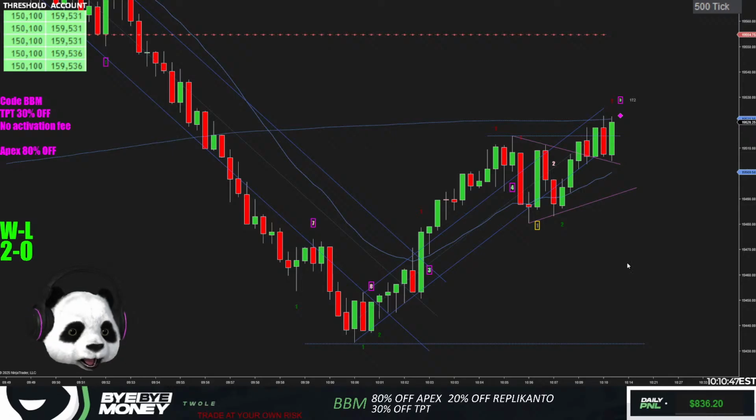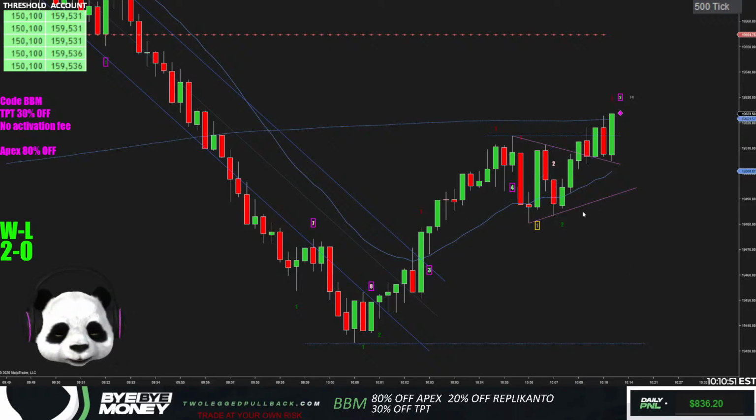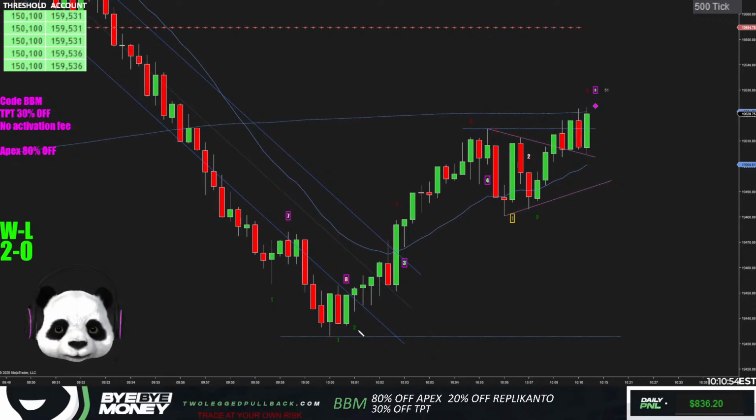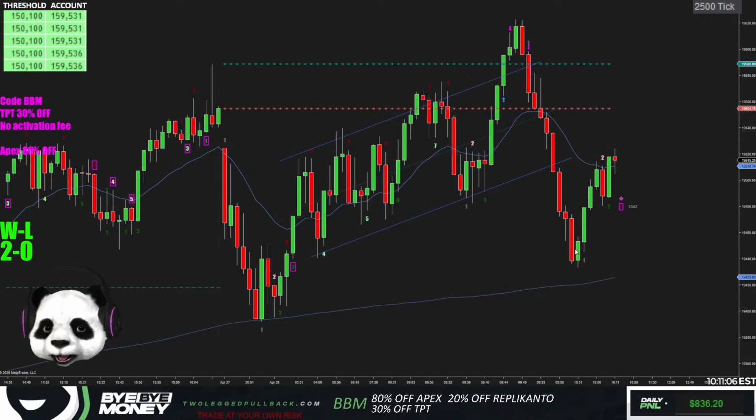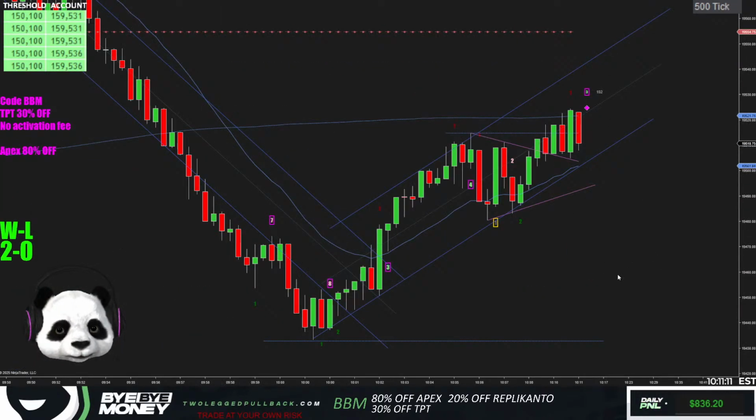Okay, fails, like if I just short here. This is a strong uptrend. It is what it is. I just can't partake like this. I can't partake in this when it looks like this, in my opinion. All right, 2500 tick chart, V bottom, essentially. I got like 6 overlapping bars in a row here.